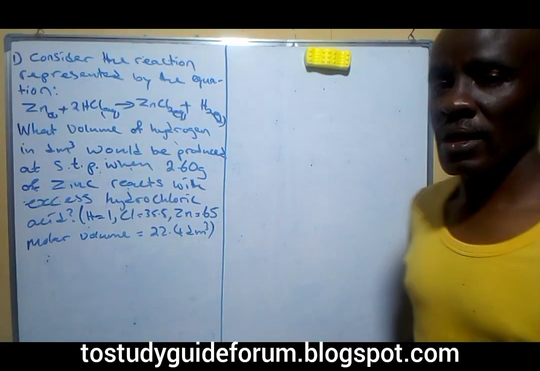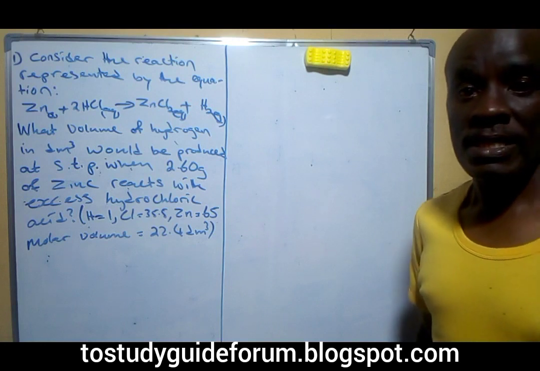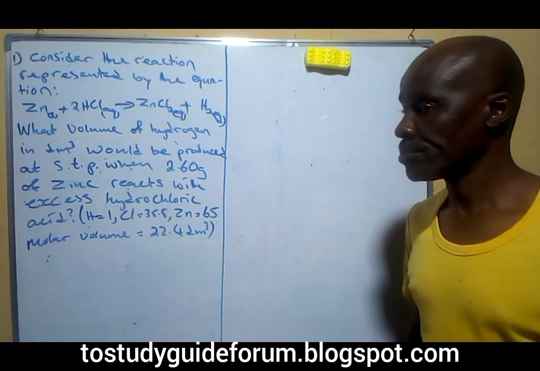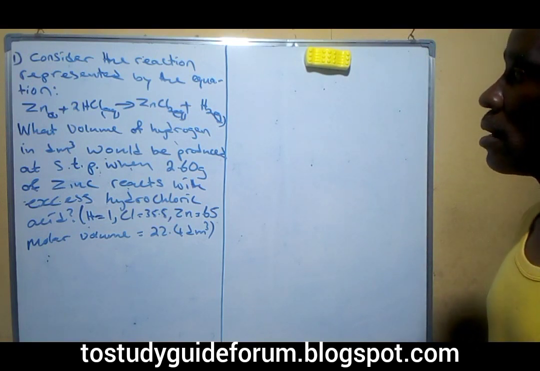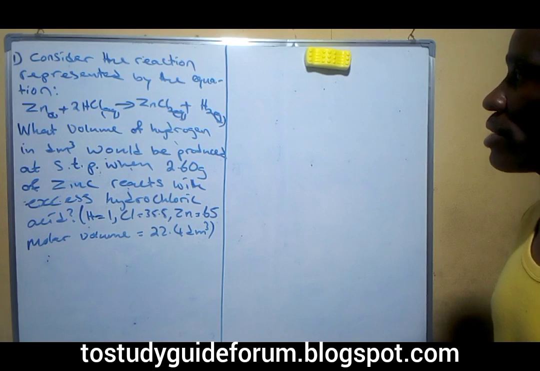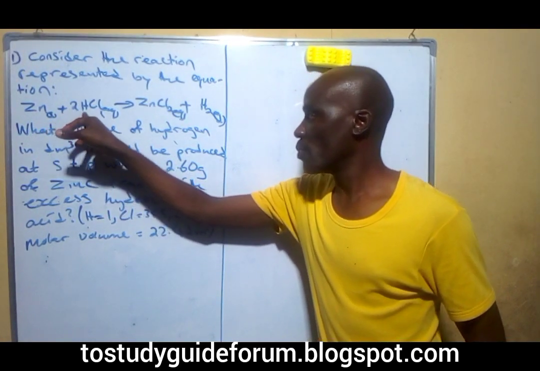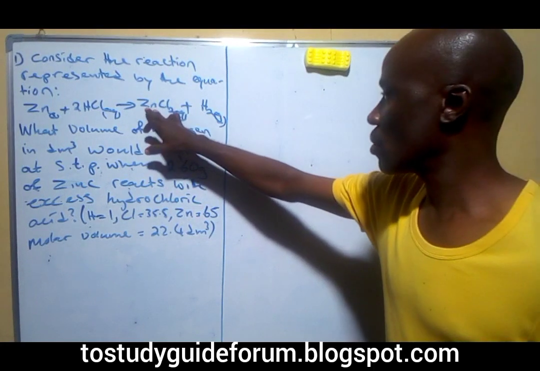The question is an extract from the just concluded 2023 NECO exam on chemistry. The question said, consider the reaction represented by the equation. That is this equation: zinc reacting with hydrochloric acid to give us zinc chloride and